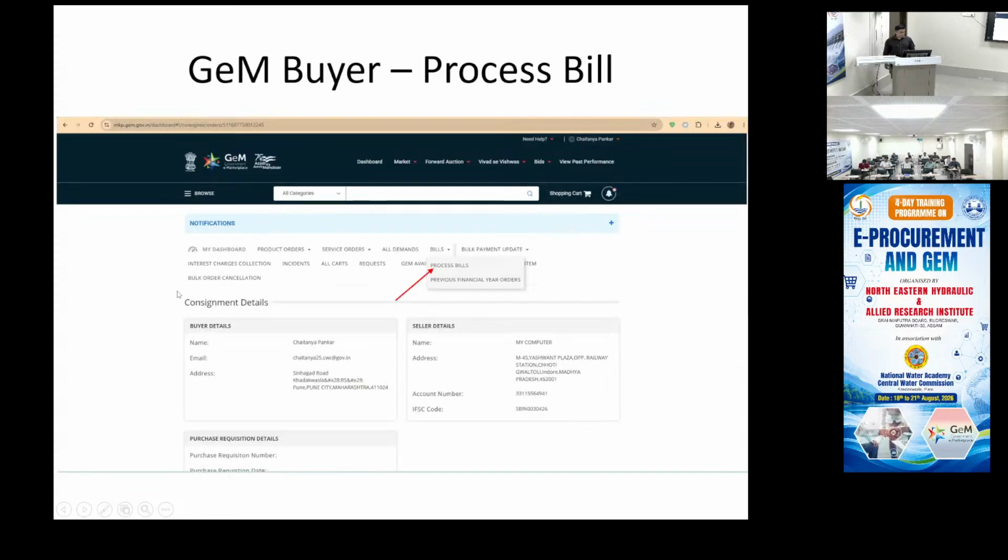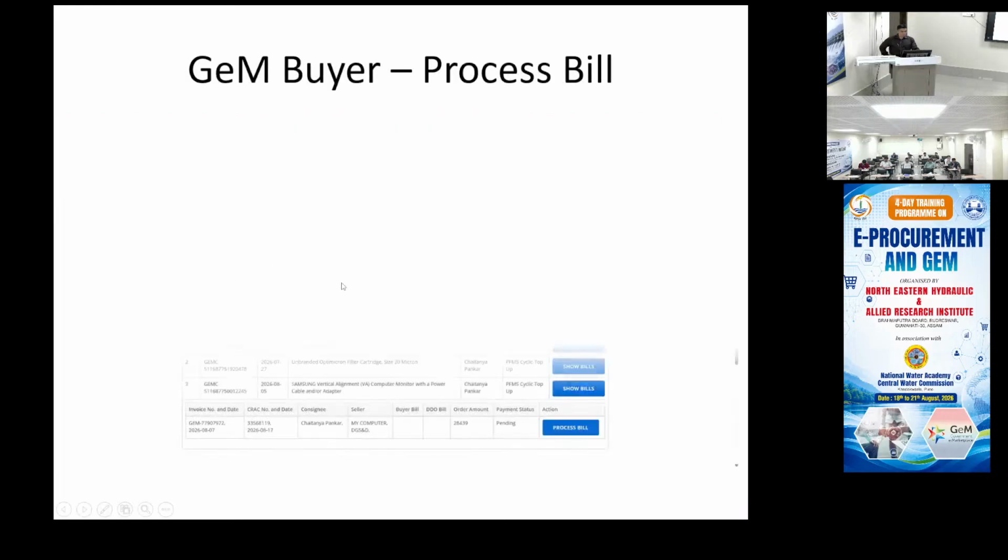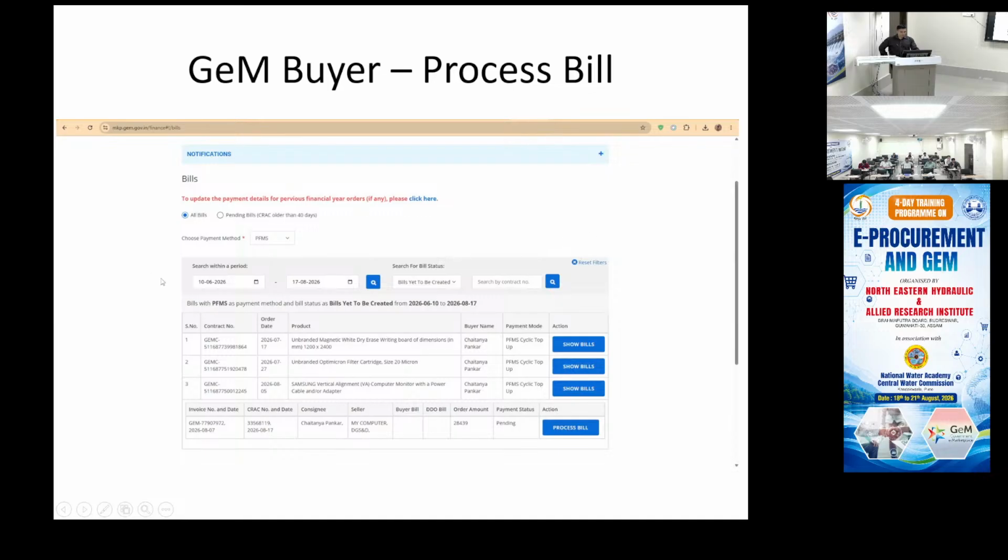On your GEM dashboard, you will see this option, bills. You can explore this. In process bills, you'll have to select PFMS here and select the period in which the order was placed.